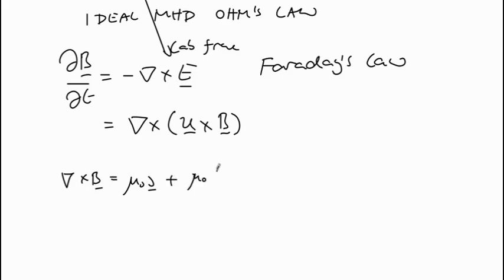So we have mu naught epsilon naught dE by dt. And so this gives us an expression for the current in terms of the magnetic field, and here above from Faraday's law we have an equation for determining the magnetic field. We have this term, it says the displacement